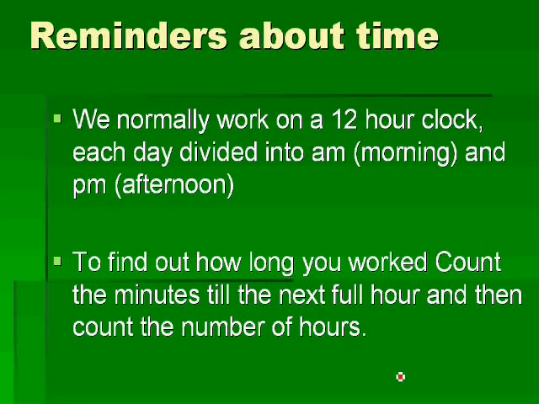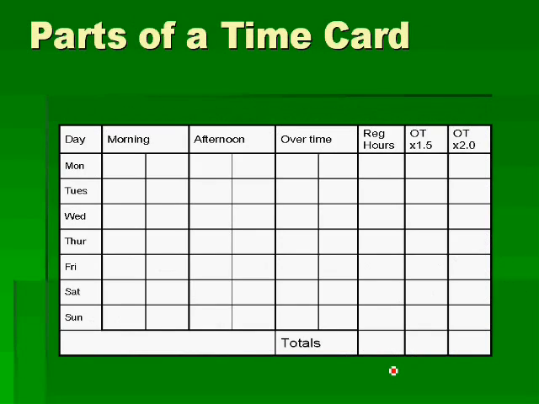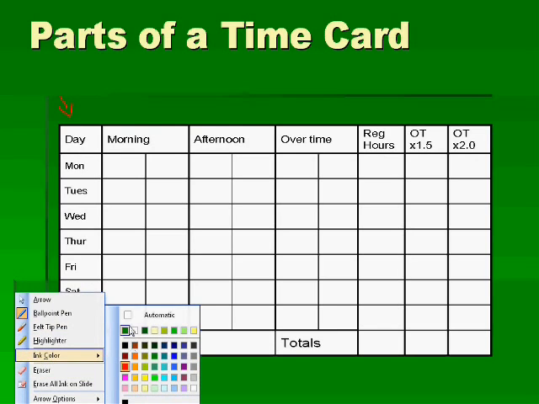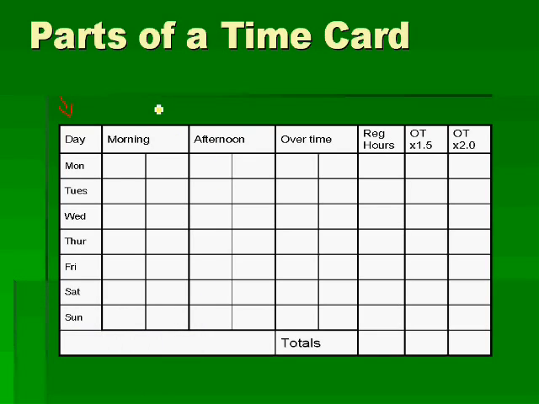So that's the basics of reading the clock. Now, a time card is a way of recording all your hours that you've already worked, and a lot of this is fairly obvious. So you have the number of the day of the week that you've worked. That's fairly straightforward. Everybody pretty much gets that. Morning. Now, what this is, any time that you worked